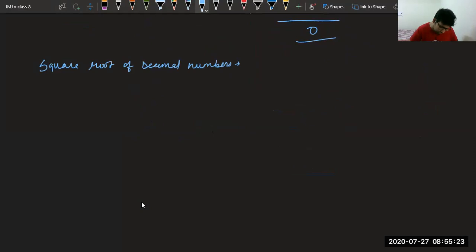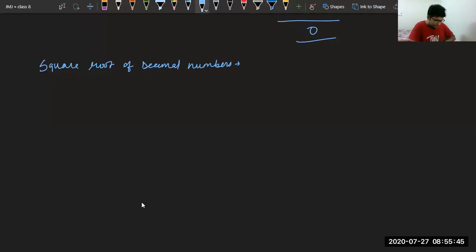Only thing is, sir, is it compulsory that there should be 2 pairs in long division? It is not compulsory, beta. If you have 6 numbers, there will be 3 pairs. It depends on the number that you are having. If it is having 6 digits, there will be 3 pairs. If there are 7 digits, there are 4 pairs. Like that, it will be happening.